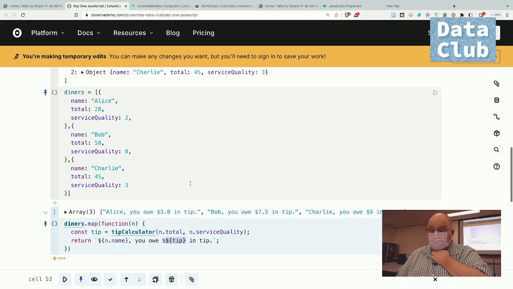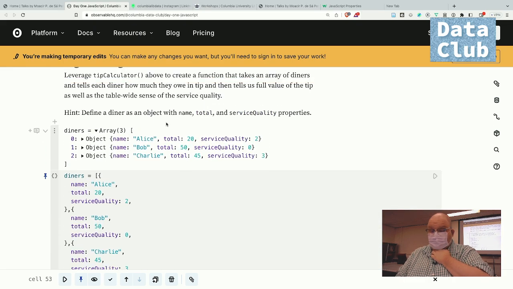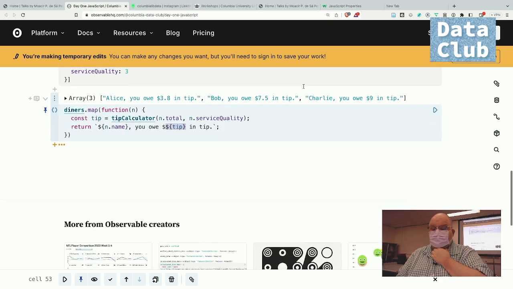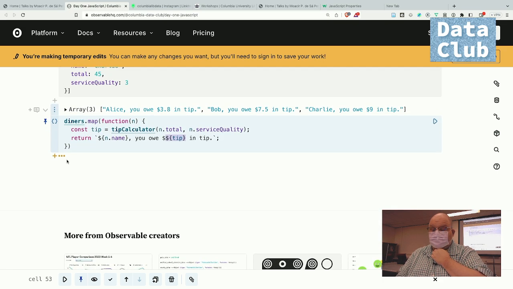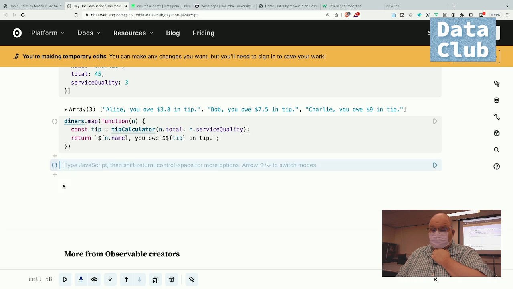So are we done? And it tells each diner how much they owe in tip. Yes, and it tells us the full value of the tip, so how much the tip is in total. How do we do that? That's a great idea. It would be